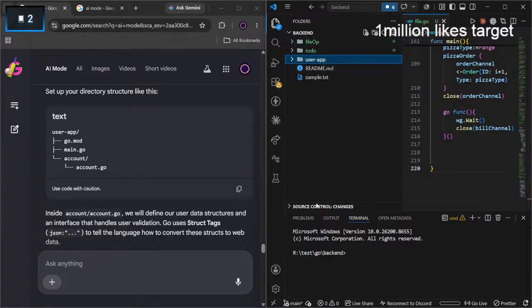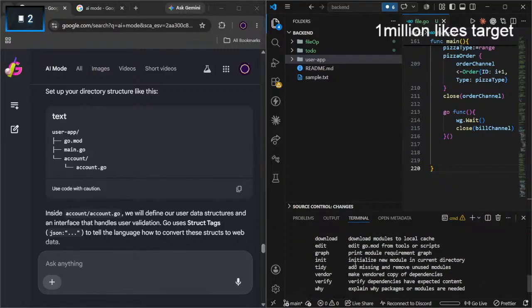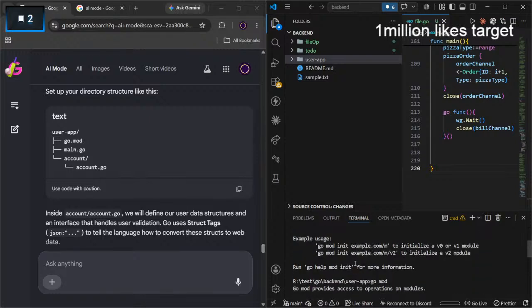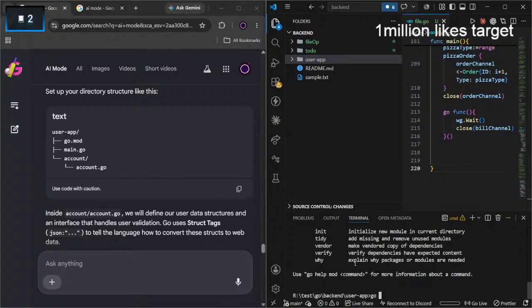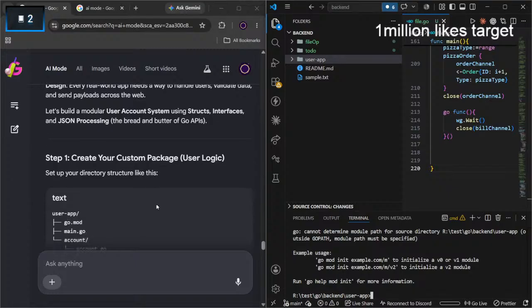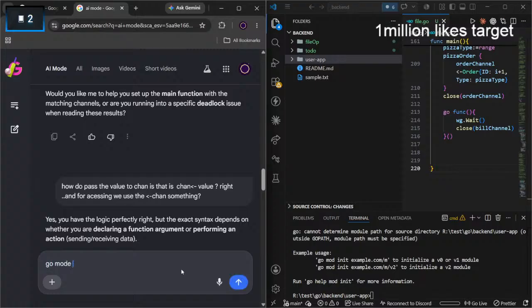User app. cd user app. go mod init. Is it go mod init or what? Did I do it right?